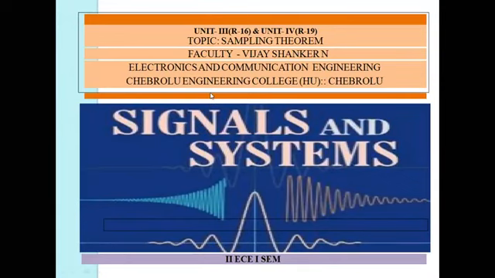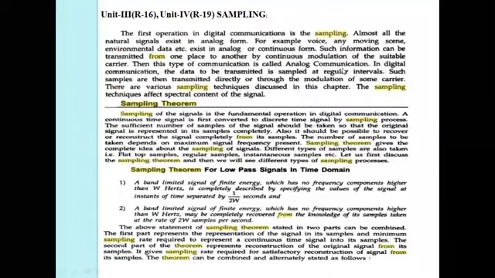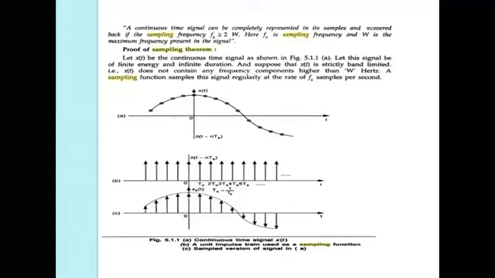Today, we are going to discuss the sampling theorem, the reconstruction or recovery of the original signal. We already discussed what digital communication is, and the statement of the sampling theorem, and how we combine the original signal x of t and the impulse train delta of t minus n ts. The continuous time signal is converted into the discrete time signal,